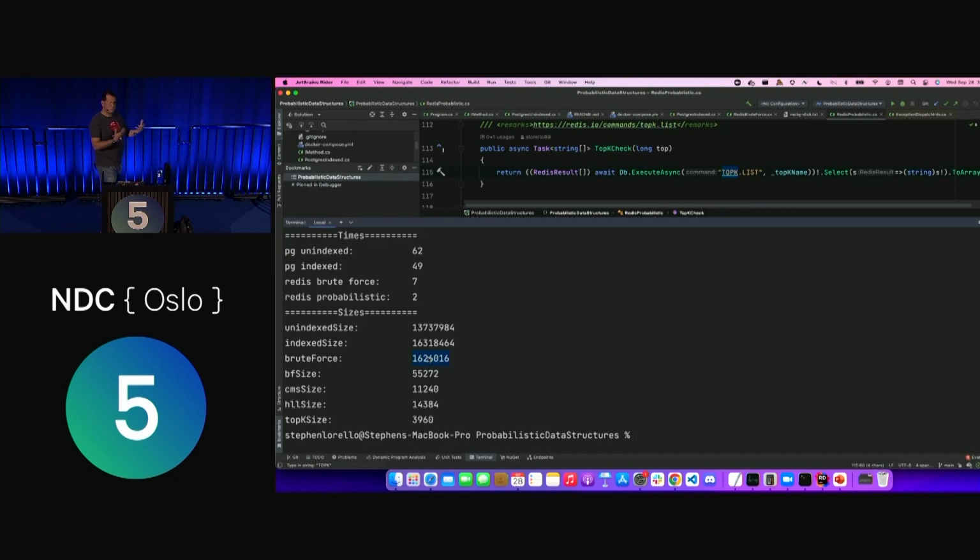And the reason for that is it's a much simpler thing that you're inserting in the table. There's no table to maintain all the overhead of, so it's much more compact. And also, the really important thing is a sorted set doesn't allow duplication. So that's just the unique items that have been added to it. But look at the sizes for our different probabilistic data structures. They're 2 orders of magnitude smaller than the other data structures that we've encountered so far. And the really compelling thing is, this is a mid-sized data set, but as we go from 200,000 to 2 million, to 20 million, to 200 million, to 2 billion,